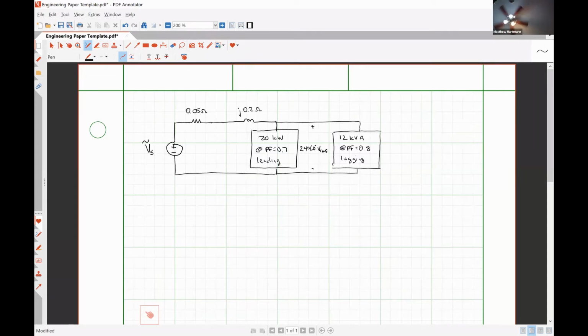Our goal is to find the complex power supplied by the source, the power factor at which the source operates,